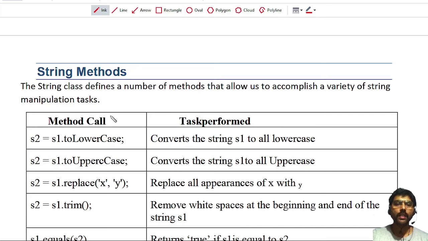This will be helpful whenever you are entering some information in a text box, for example, a username or email. Sometimes at the beginning as well as the end you put some spaces. We need only the alphabets or symbols, but you are entering some white spaces there. To remove such white spaces, we use the trim method.